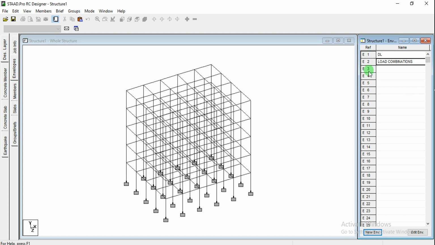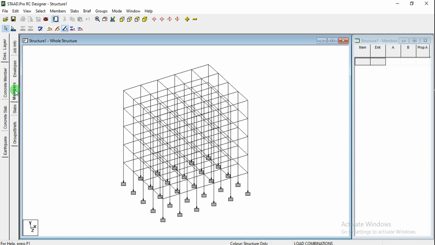So I have created 2 envelopes, and after that you have to go for the members and you have to form the physical members. So one method is simply you can just check the members and you can click on form member, and if you want to auto form member, click all and just select the auto form member and automatically it will be formed there. Right now I want to check for limited members. Okay, so I'm just going to select the bottom columns here. Okay, and whatever members I've selected, you can go for auto form. Okay, and it will be showing that M2, M3, M4, M5, M6. Okay, and for beams I want to take in X direction as well as Z direction here.